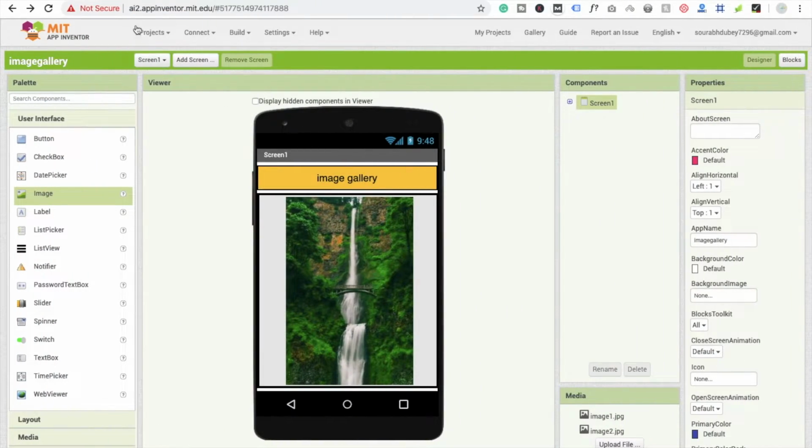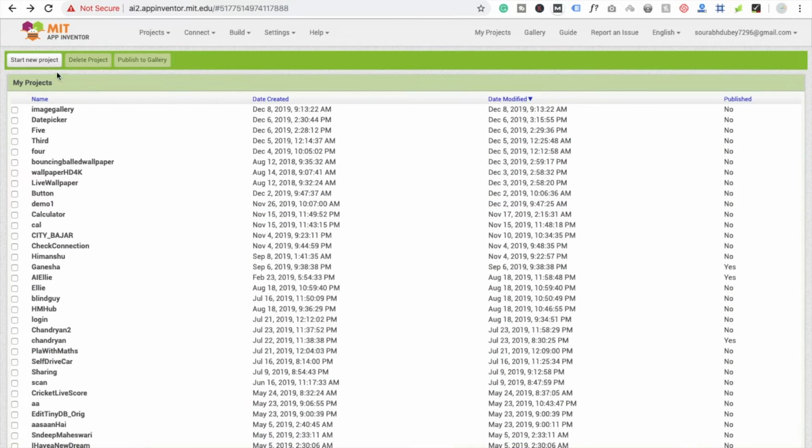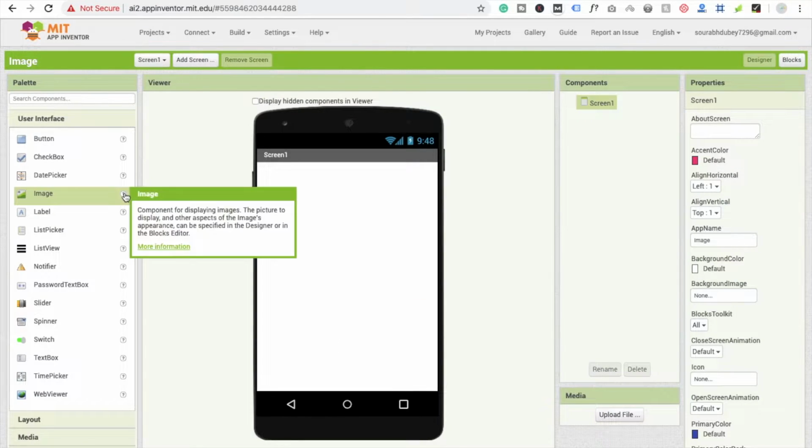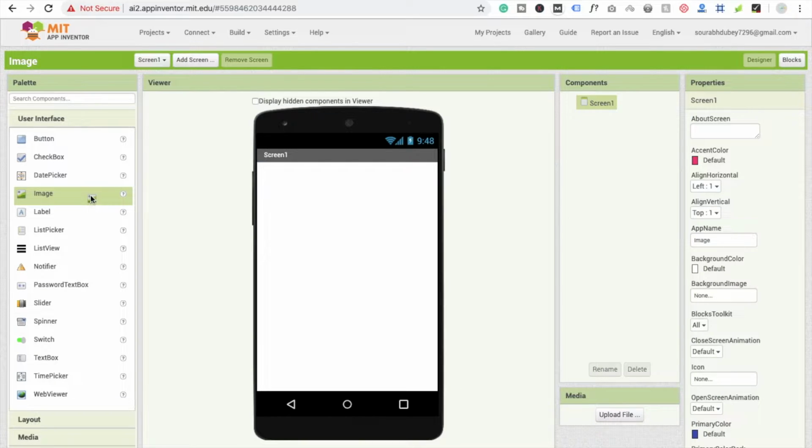Let's create this app. So go to the project here, and I'm going to start another project, image. And this is the image component to display the images. Okay, so this component is mainly used for displaying your images. Okay, so let's start with